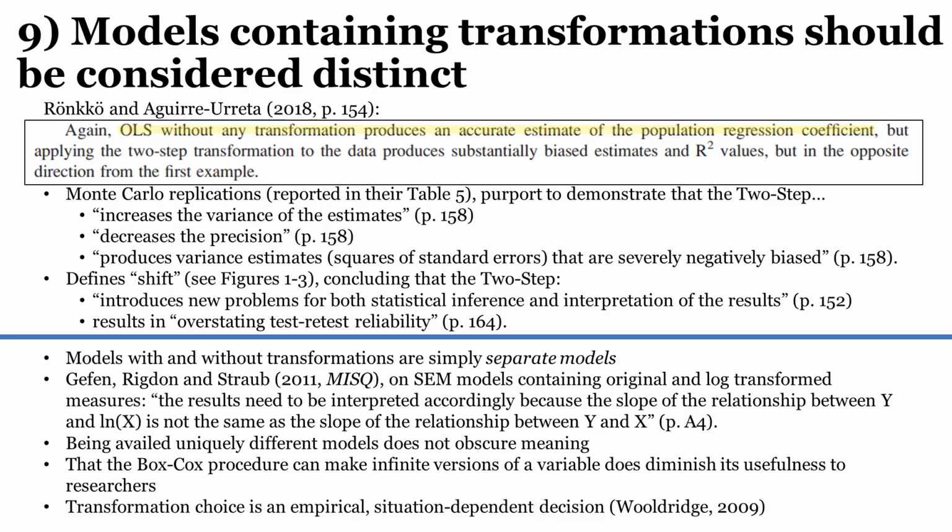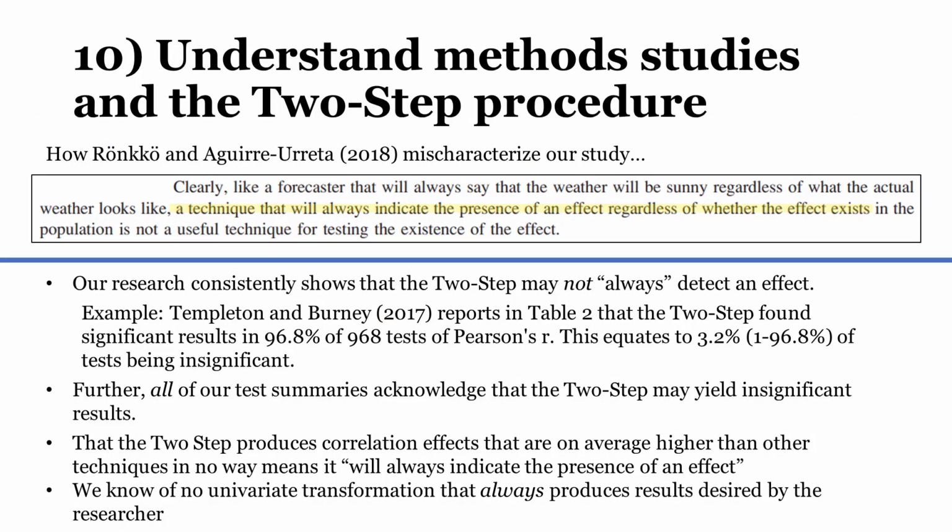Think of the Box-Cox procedure, which can make infinite versions of a variable, from which the researcher can choose the best transformation. This practice does not in any way diminish the usefulness of these different options to researchers. Transformation choice is an empirical, situation-dependent decision, according to Wooldridge, the author's favorite source. And tenth, we would like to assert that simply we should try to understand method studies and properly characterize the